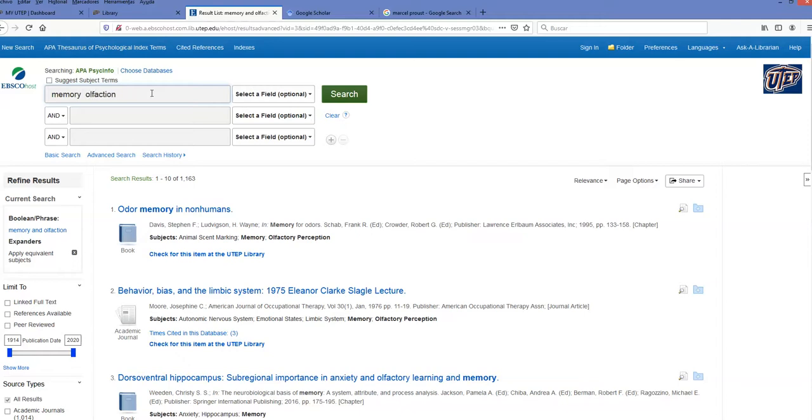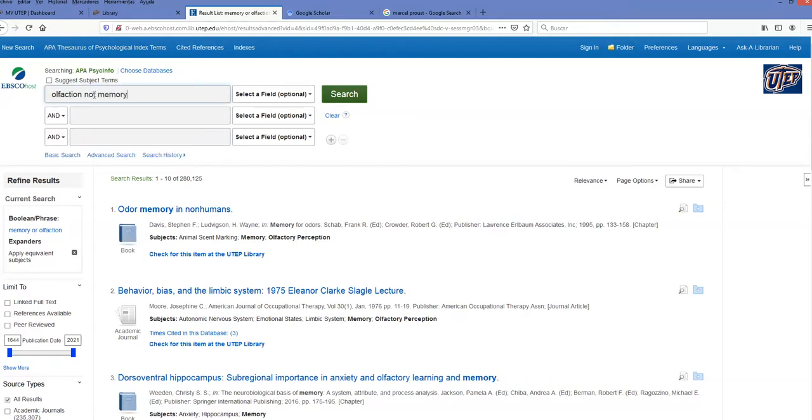Say that instead of AND, I use OR. So I'm going to find information that is on memory and also on the sense of smell. I'm going to click on it. And again, I find myself with a bunch of articles ahead of me. So maybe this is not what I want. Maybe I want to research first the sense of smell before I move into memory. So what I'm going to do is olfaction,